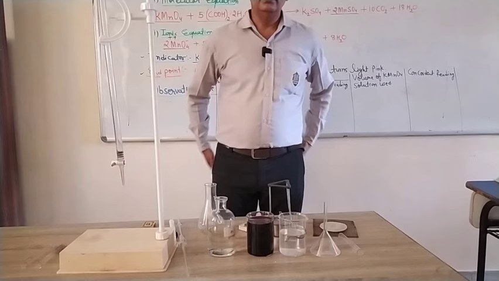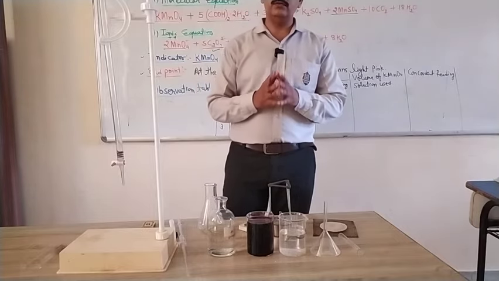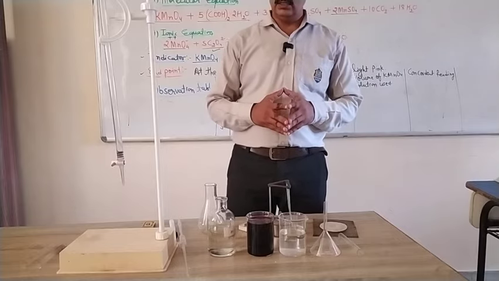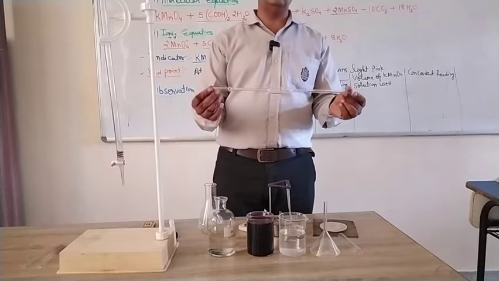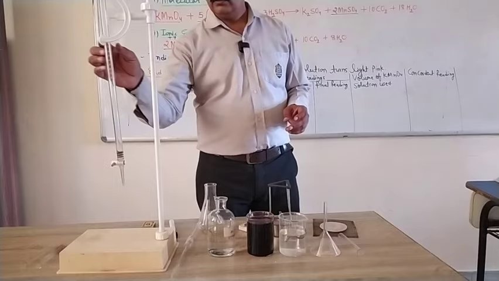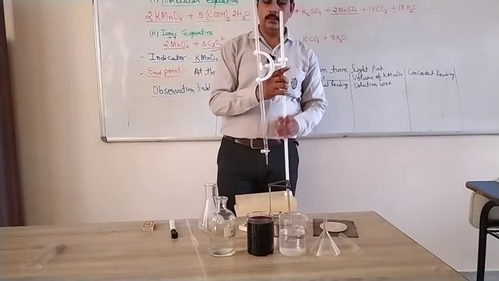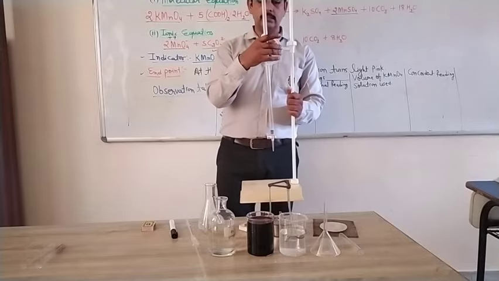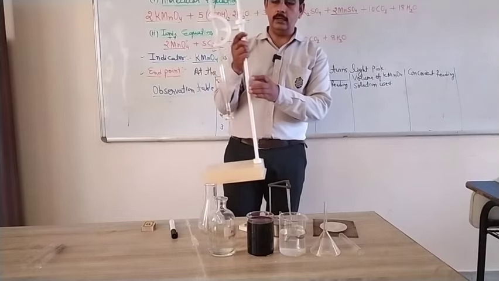Okay, students, let's see what type of instruments or apparatus we will use during this titration. The things we need: one is the pipette, as we have already discussed. It is a 20 ml pipette, which we will use during the titration. The second thing is the burette. Here you can see the burette, fixed in a burette stand. This is the clamp. This is the burette. This is the burette stand. We will require it.